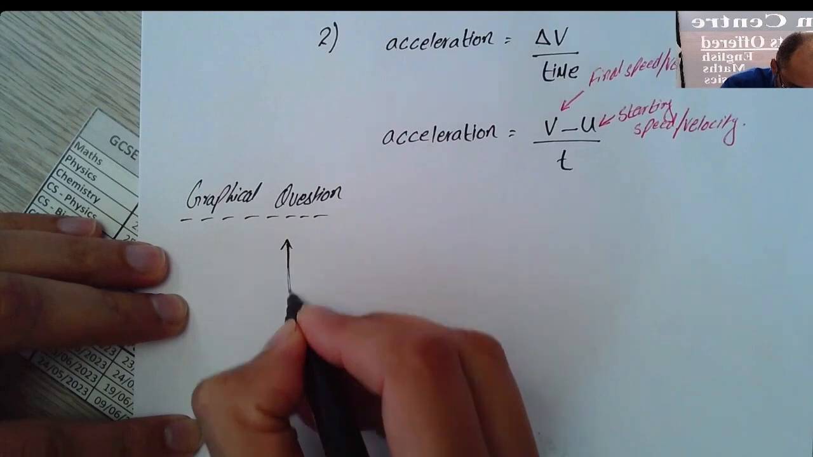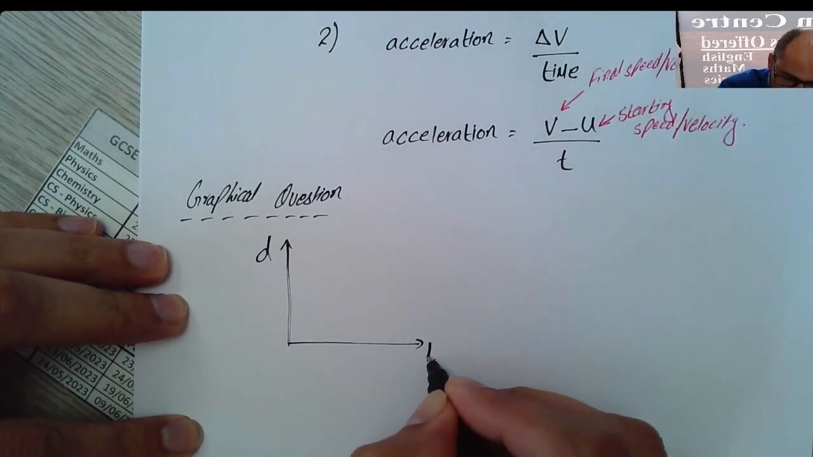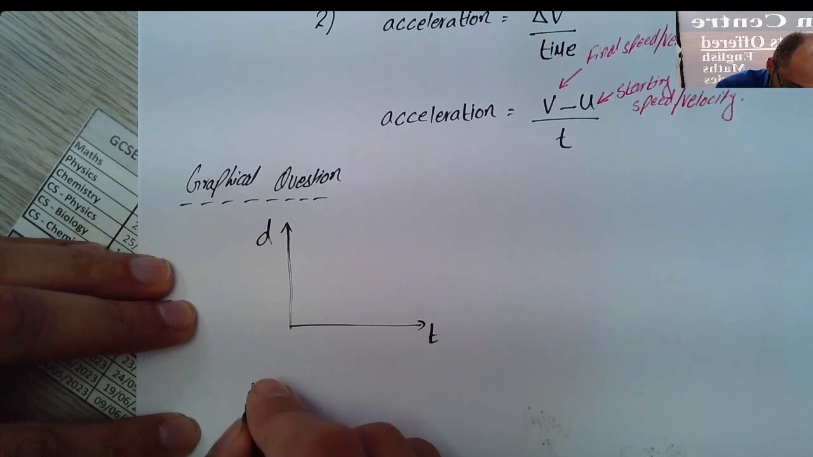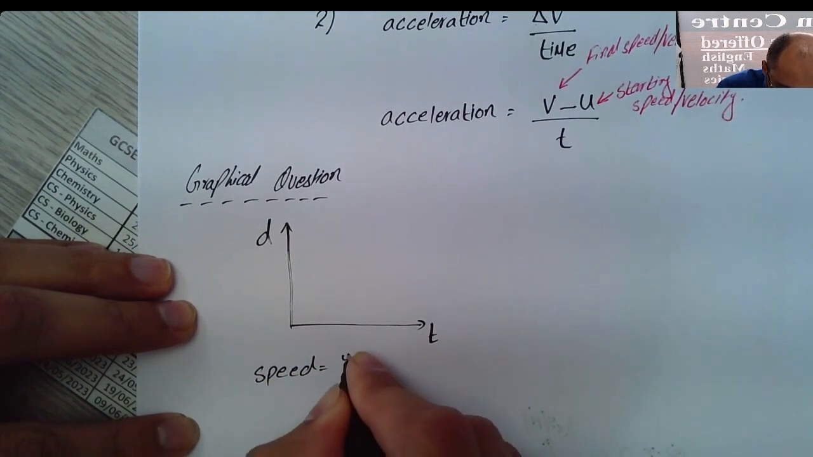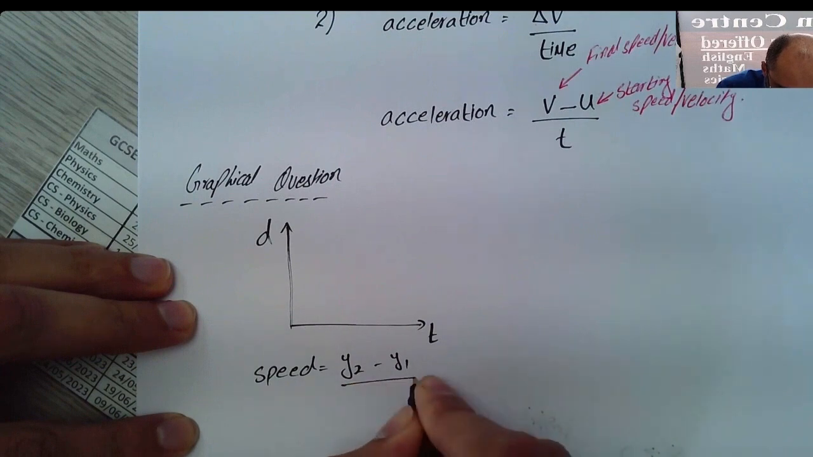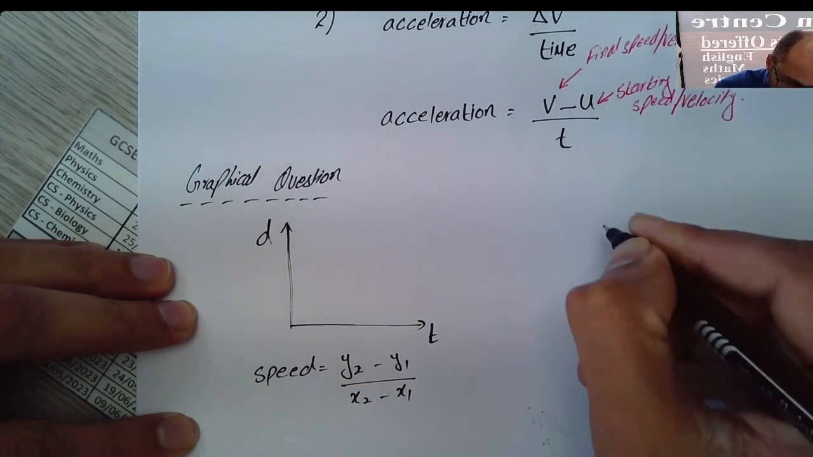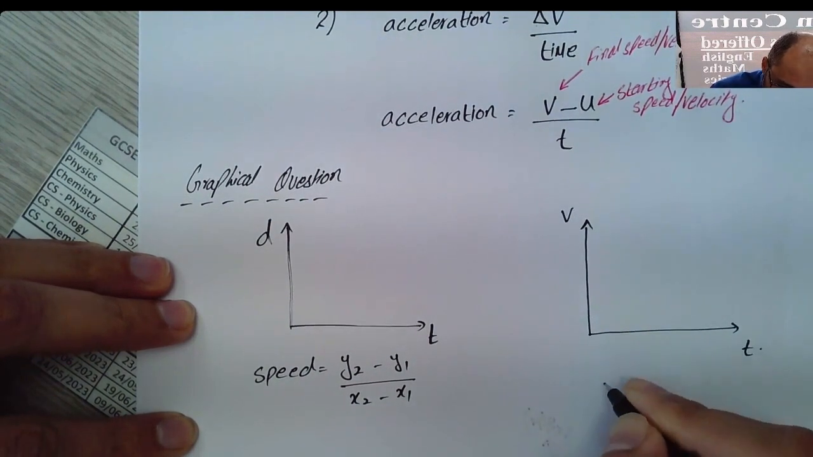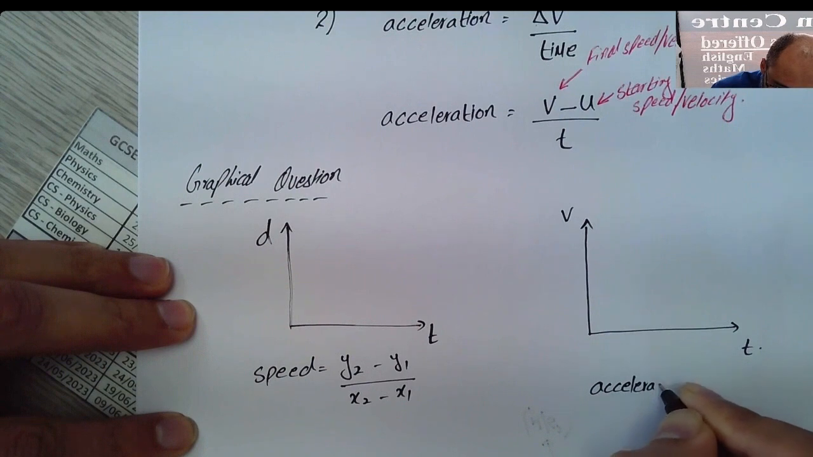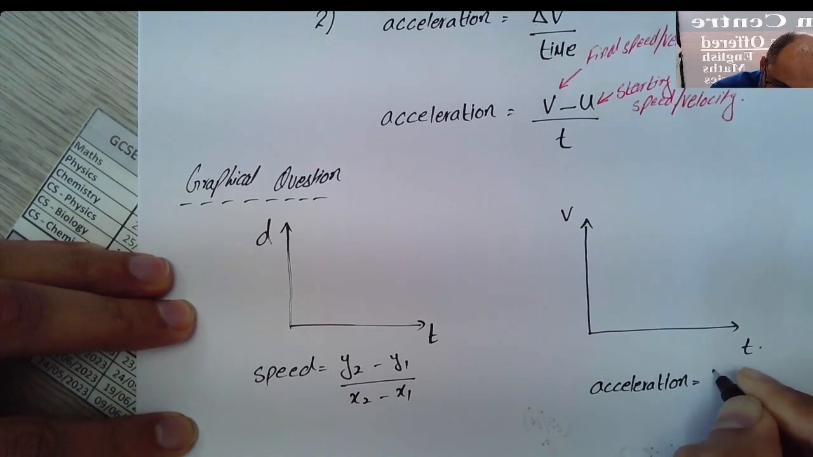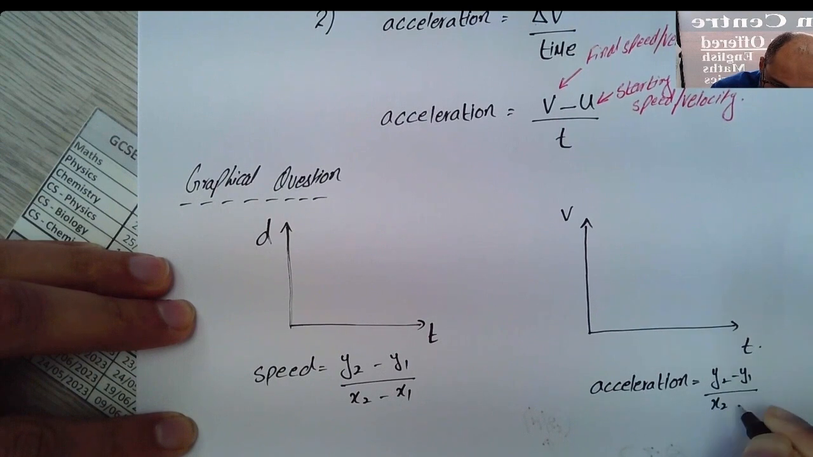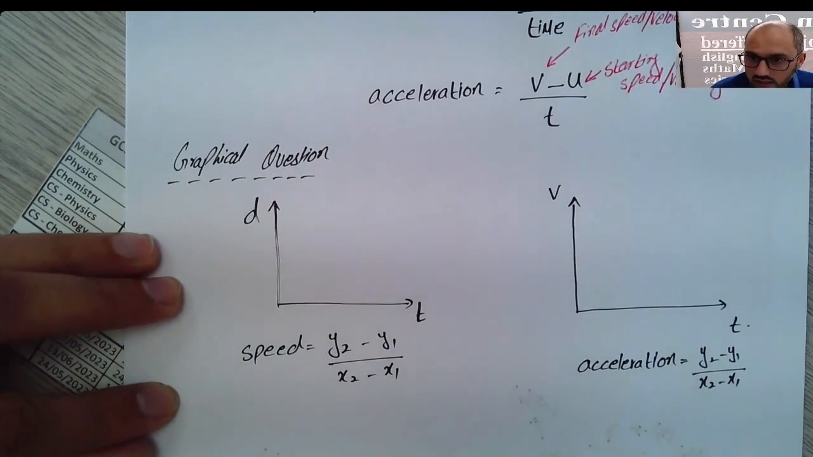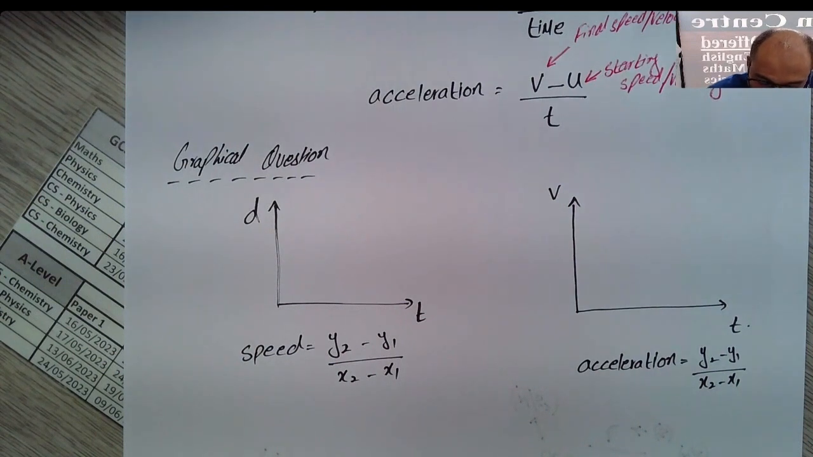One is your distance time graph. If it is a distance time graph, then you will calculate speed using this formula: y2 take away y1 over x2 take away x1. If you have a VT graph, then you will calculate acceleration using formula y2 take away y1 over x2 take away x1. But if you have a VT graph, it will give you one more quantity. It can also be calculated from this graph, and that would be distance equals